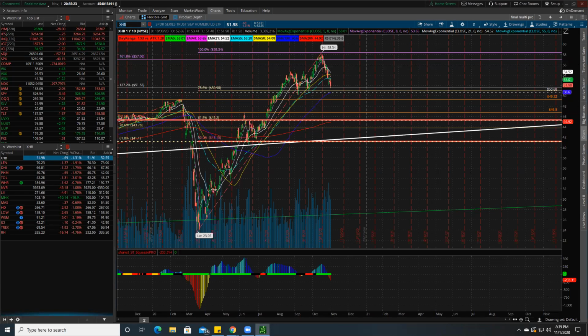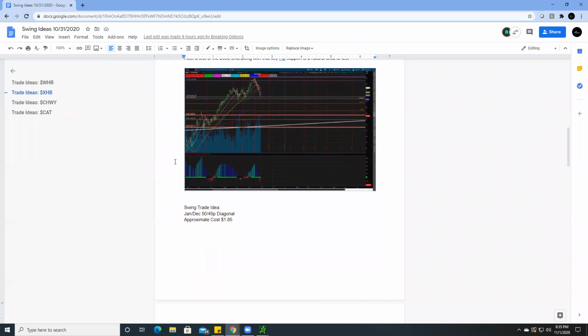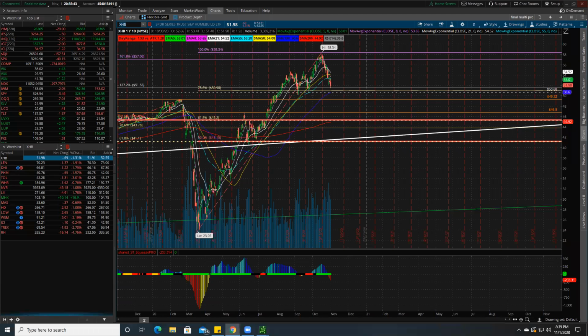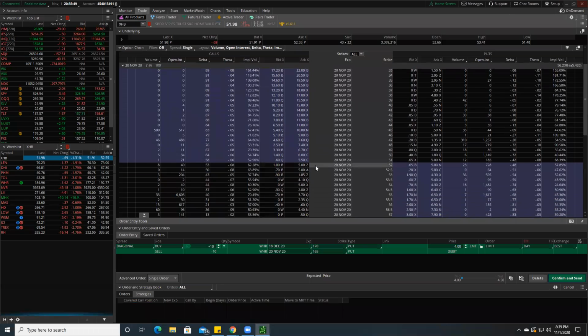Okay, so here's the way I constructed this trade, so I can stay on topic. Same concept. I just like the January, December, 50, 45 diagonal put contract. So it's still a diagonal, okay? The approximate cost is $1.85. Why do I use January and December? I think the ETF will take a little more time, okay? I didn't use November because in order to do the diagonal,